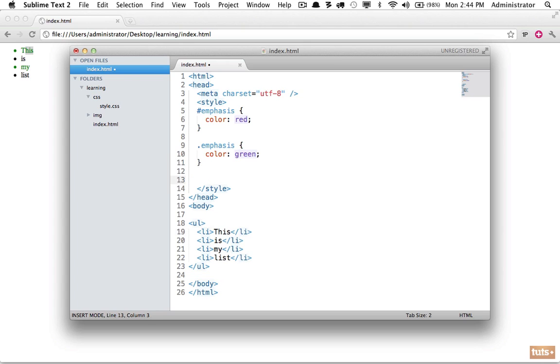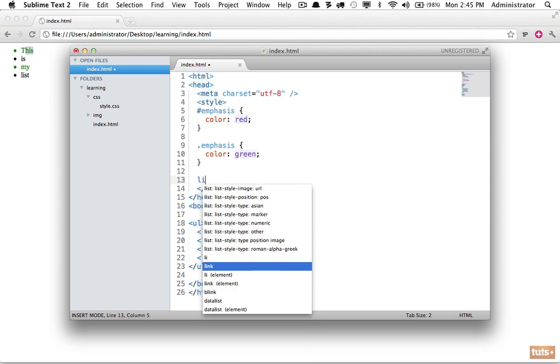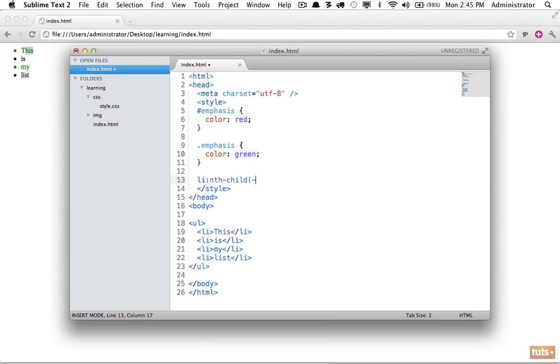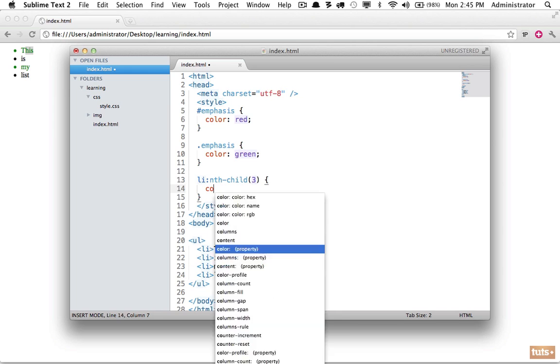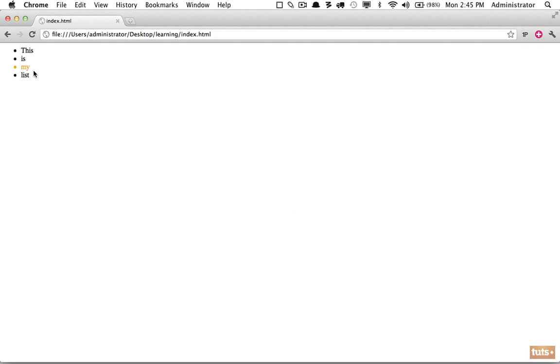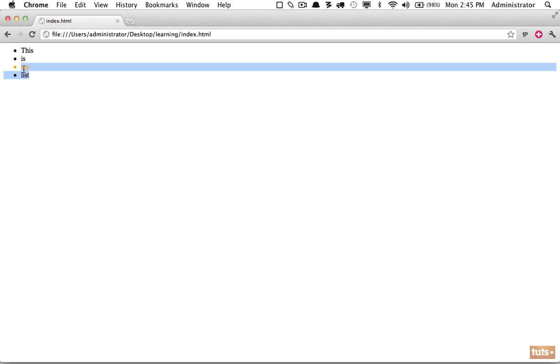This time, no ID, we're still going to target the ul. And this is the way that I would personally do it. I'm going to type li:nth-child. Now within parentheses here, we can specify which list item we need to target. In this case, we want to target the 3rd one, so I will type 3, and this time I will make the color orange. Refresh the page, and now without using a specific identifier, we were still able to target